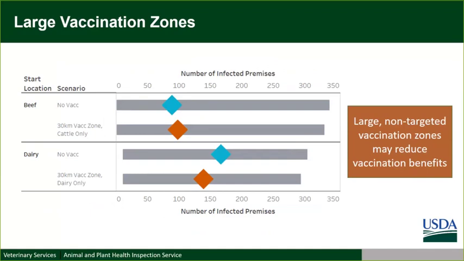And so again, putting all doses into one big area can leave you without doses if the disease jumps out of that area, leaves you without doses that can be applied to help with controlling disease spread into new areas that are outside your current vaccine zone. So I'm going to show an example of what I mean.